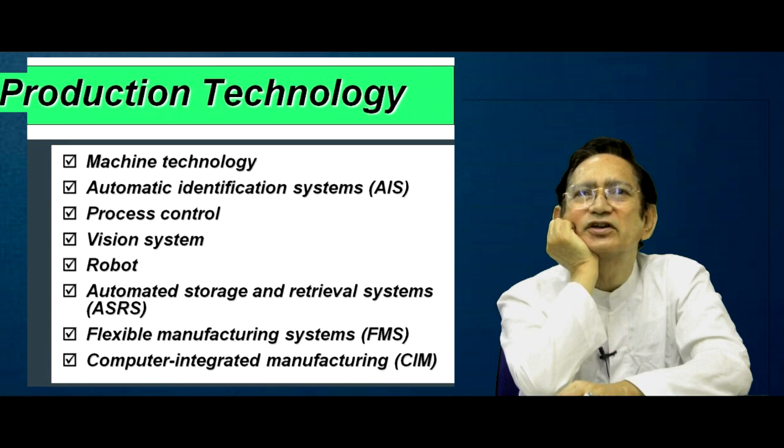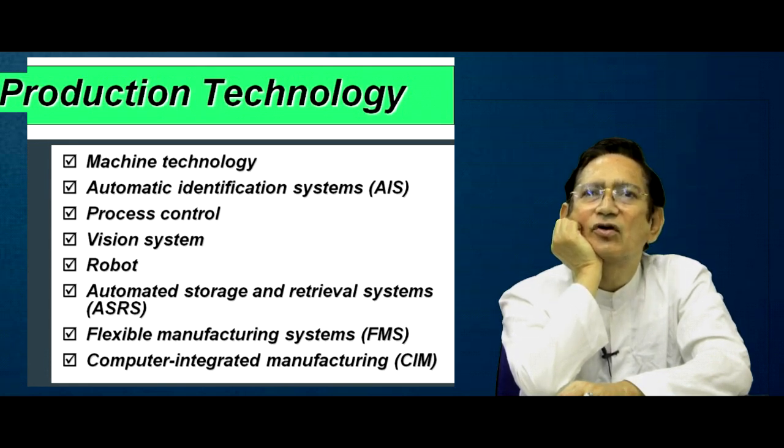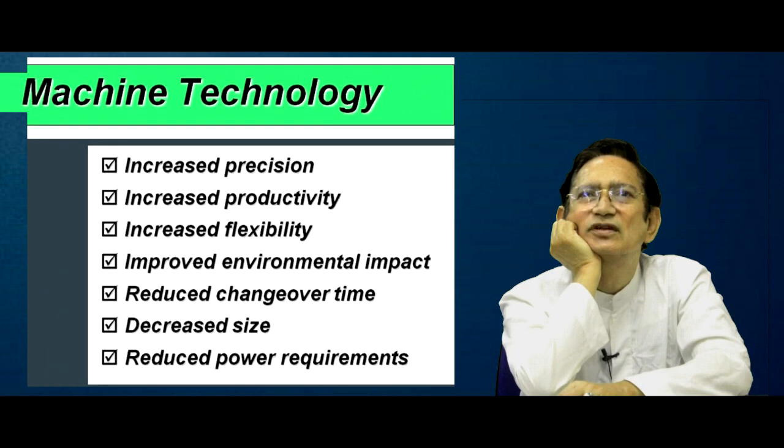Then the production technology: machine technology, automatic identification system, process control, vision system, robot, automated storage and retrieval system, flexible manufacturing system, computer integrated manufacturing. Machine